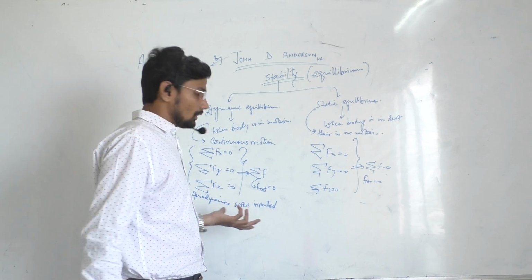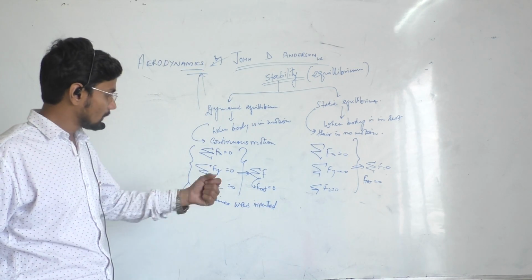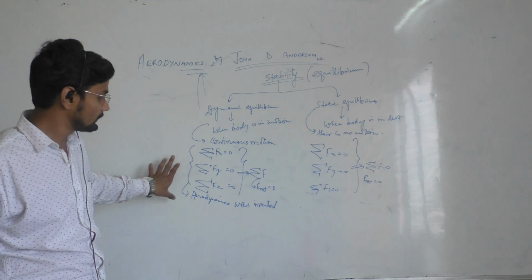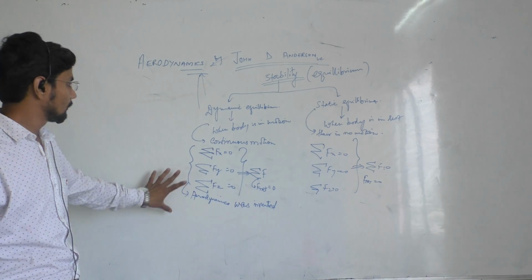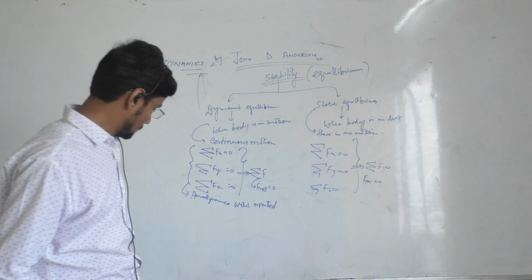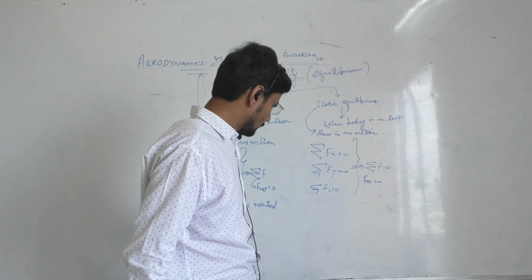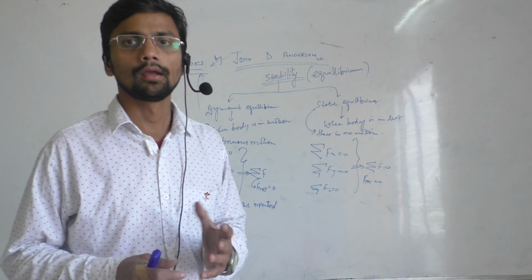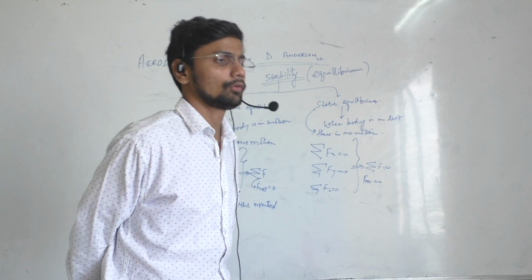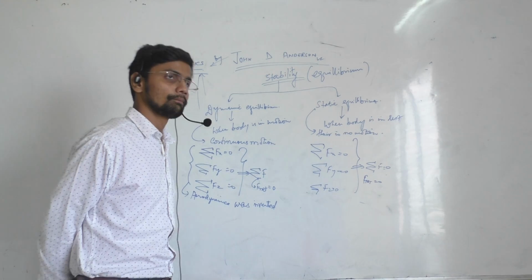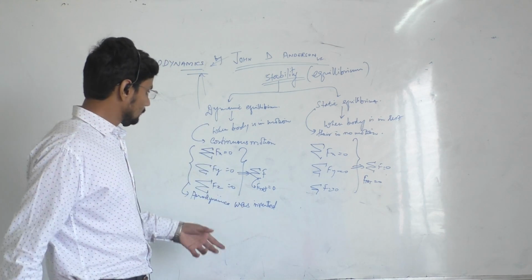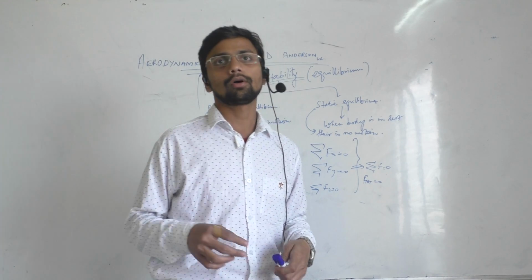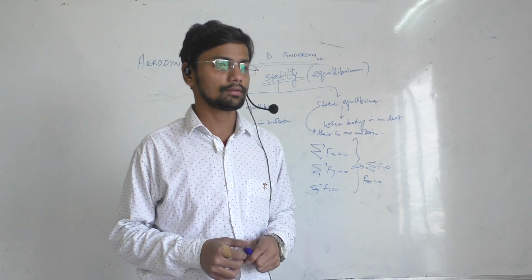So here we are now, discussing aerodynamics: F of x, F of y, F of z. Now what I am saying is the summation is always 0; F net must be 0 for a body to achieve dynamic equilibrium. It's basically saying that for a body to achieve any type of equilibrium, let it be static, let it be dynamic, the net force on the body should always be 0. Now this is very difficult. You can imagine when a body is airborne, that is, it is in the mid air,